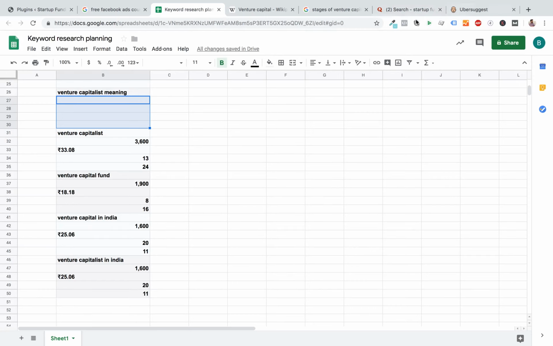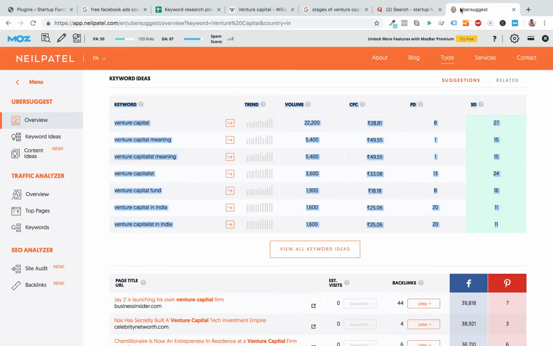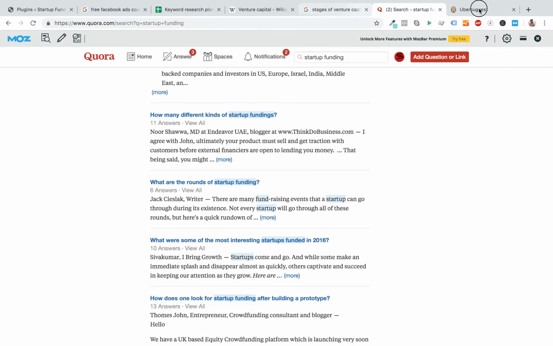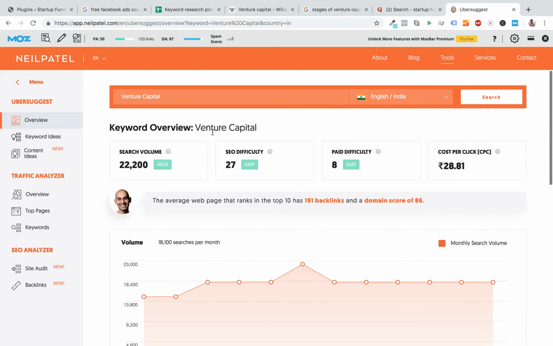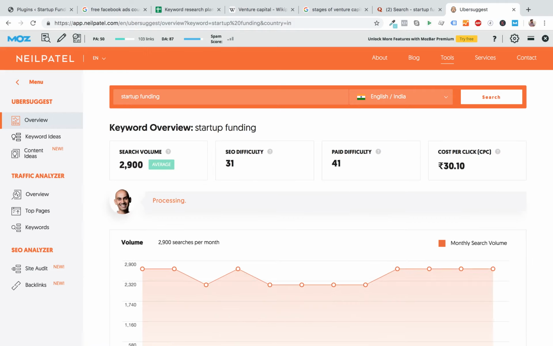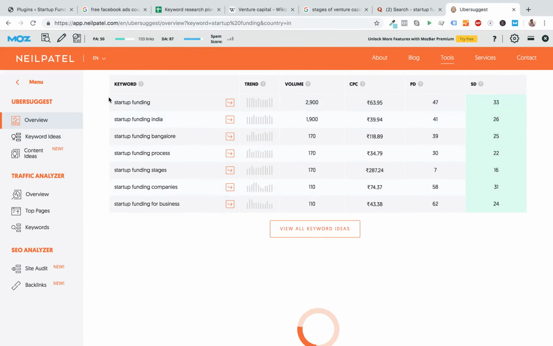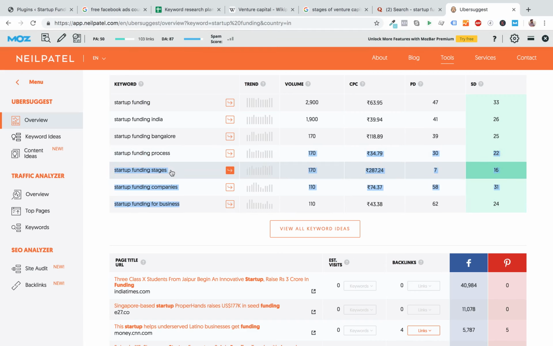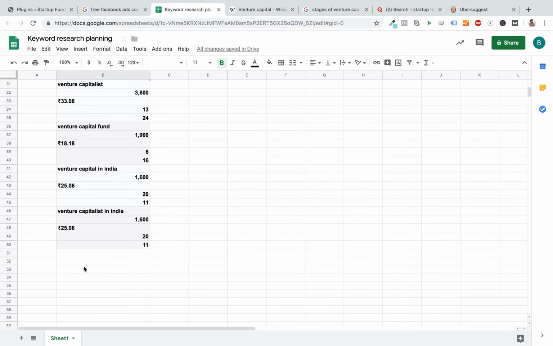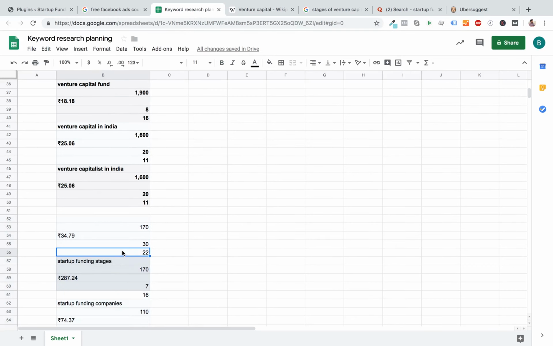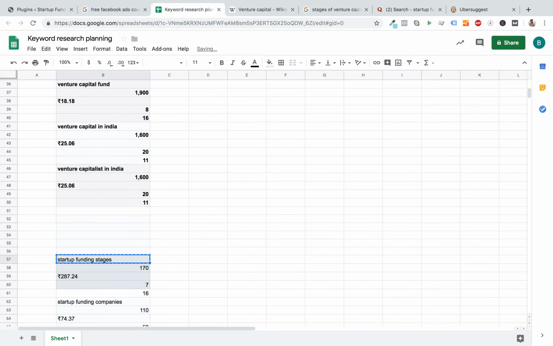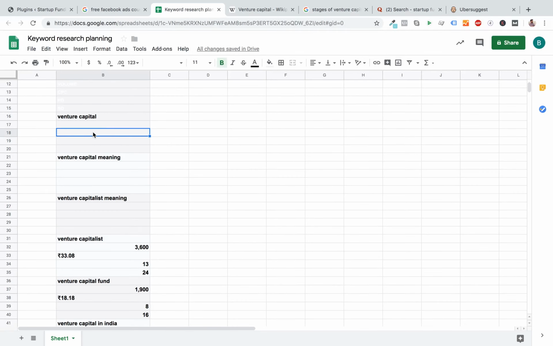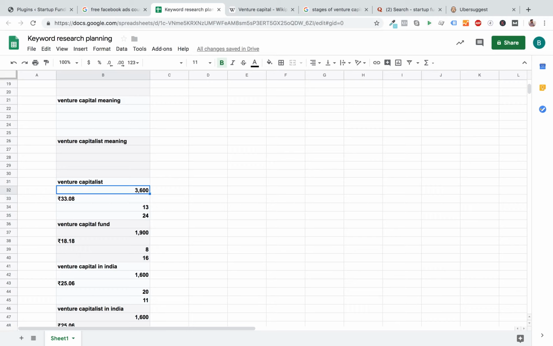Also, look at some other keywords like startup funding and see what ideas come around. So I'll keep doing this, keep playing around, and get the bunch of ideas that I should get. So I'll put in startup funding. I got so many more ideas: startup funding India, startup funding Bangalore, startup funding for businesses. Whatever I find relevant, I think these are relevant. So I'll just copy these three and delete the rest, right? I'm going to beautify this later, but just to give you an idea, these are the keywords that people are actually searching for, right?